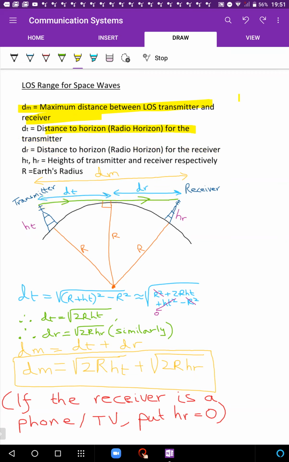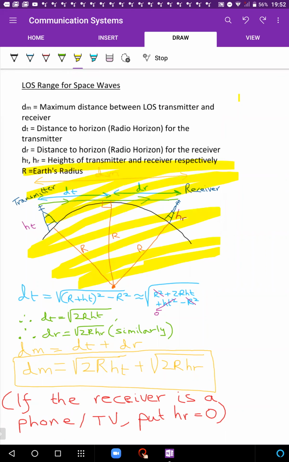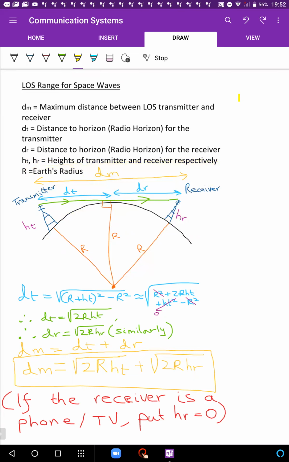Again, we could find those things. To find them, we would need the heights of the transmitter and receiver, ht and hr. Imagine these could be given to you, the heights of the towers, and you would also be given the radius of the earth, which is r. So you get a simple diagram like this. Simple derivation here. Should you forget the formula, you should be able to derive it on your own if a question on this, or a variation on this, comes.